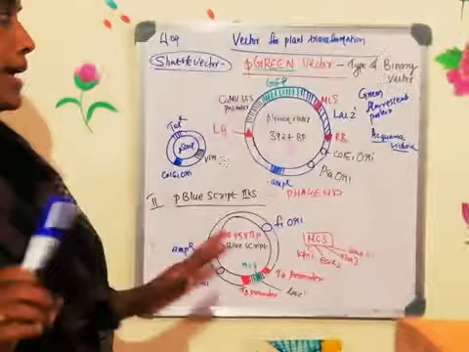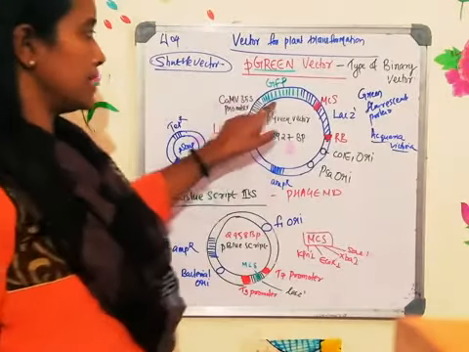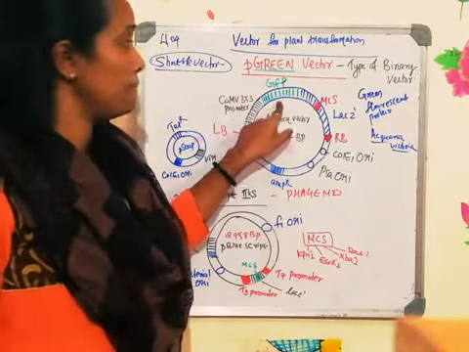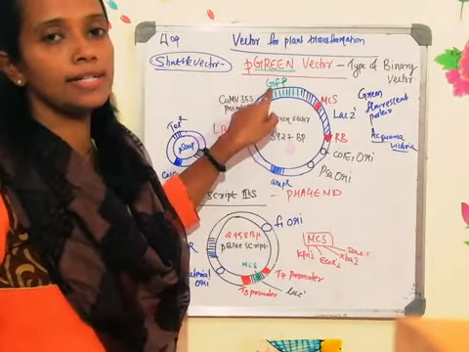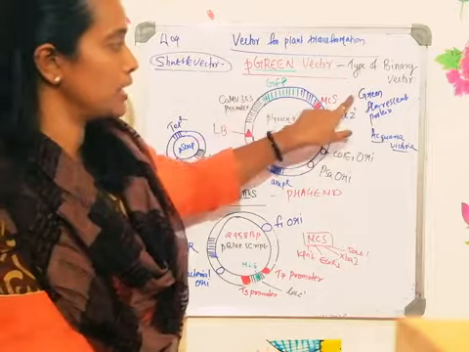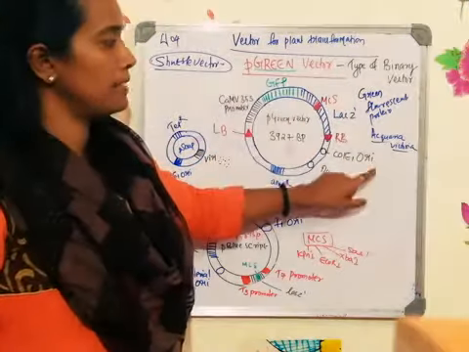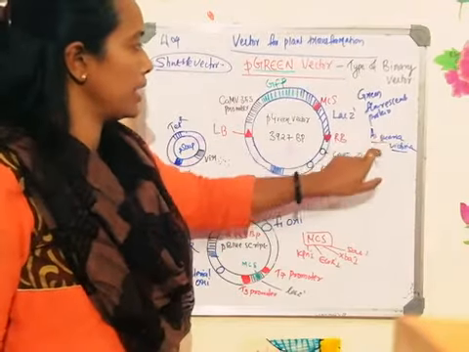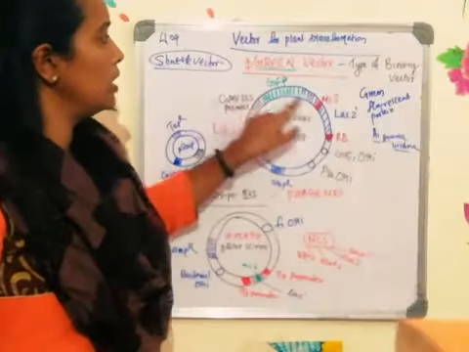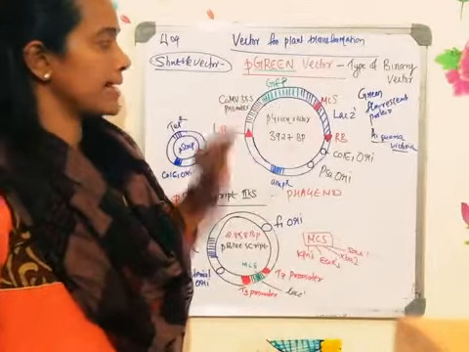Okay, so GFP, that is a selectable marker. For the time being, you just remember that it has a selectable marker which will help in the selection of the transformed plant cell. The selectable marker gene is called GFP. What is GFP? Green fluorescent protein isolated from a jellyfish, Aequorea victoria. Okay, Aequorea victoria is the jellyfish. Now that is followed by a lacZ gene.